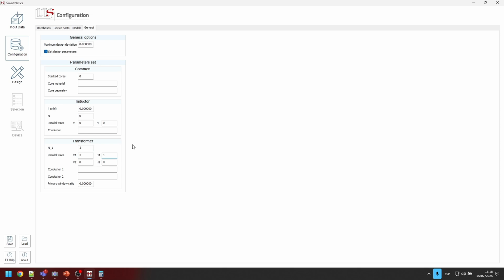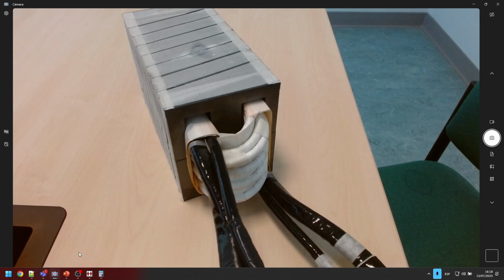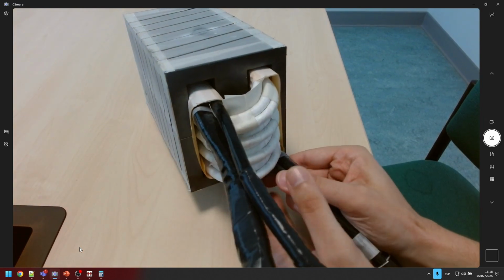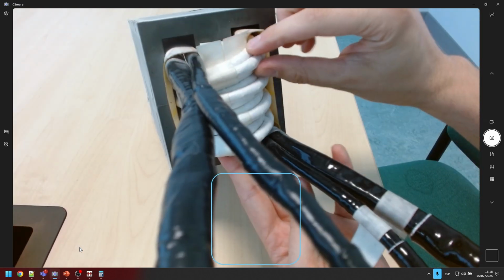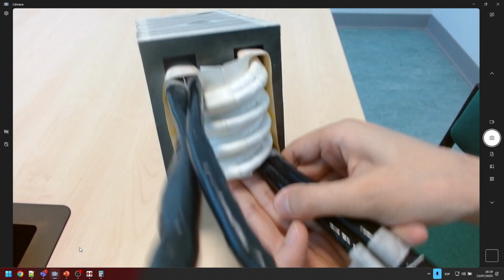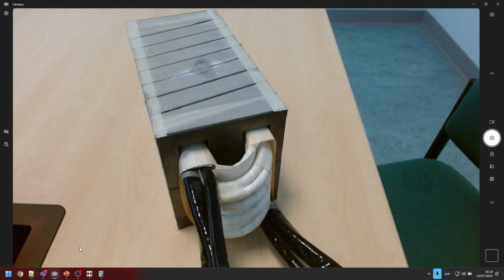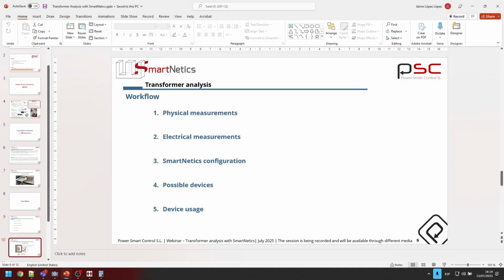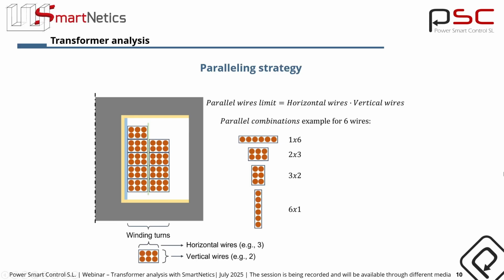And here I have to make a comment because there's a difference between what I'm trying to reproduce and what I can reproduce in Magnetics. In the real device, as you can see, there is a triangle shape, let's say, for the stacking of the wires. They have 2 wires and 1 on top of that. It is something that is not currently available in Magnetics, because the only kind of paralleling strategy we allow in Magnetics is a rectangular stacking of the wires.